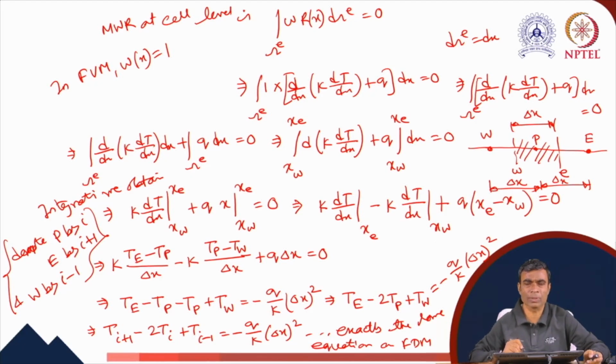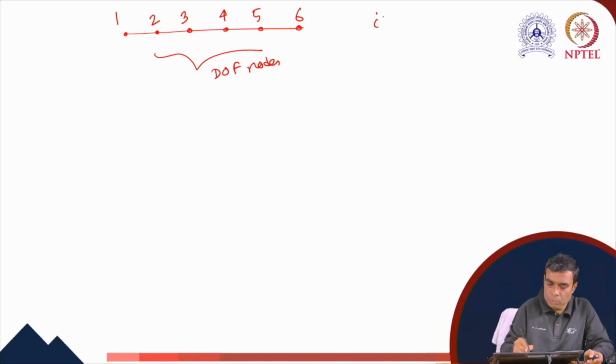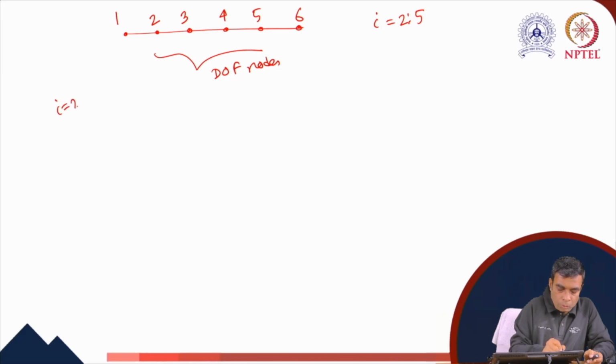Now our unknowns are at nodes 2, 3, 4 and 5. If we draw the mesh again here, these are the nodal points. So this is the second node, third node, fourth node, fifth node. At the sixth node we know the solution. At the first node we know the solution. So these are the DOF nodes. When we start with I equals 2, I varies from 2 to 5. I equals 2 gives,